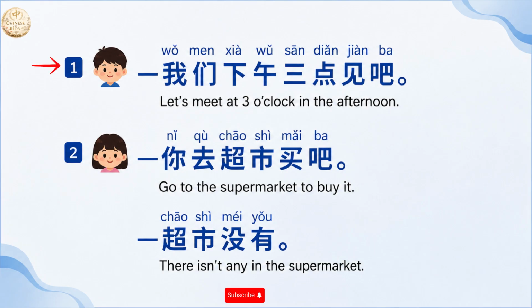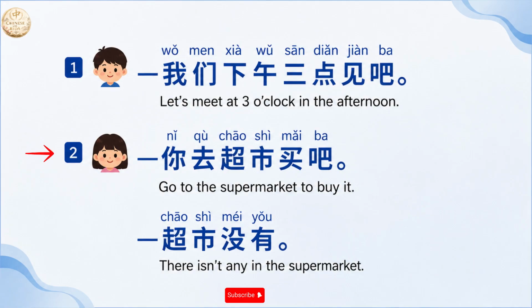我们3点见吧. Okay, as you can see, I leave the pa very light at the end of a sentence. Jian means meet. It's actually a suggestion or a consultation. It says let's meet at 3 o'clock in the afternoon. Next example,